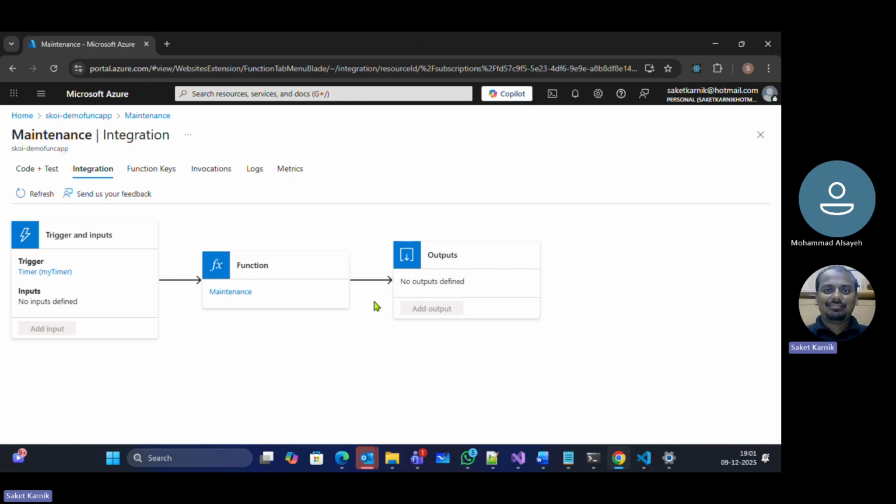And just like input, you can have more than one output also. So whatever the produced result is, if you want to send it as an HTTP response, along with that you want to add it to the Service Bus topic or queue, along with that you want a record of that to be maintained inside, let's say, the storage account, you can configure